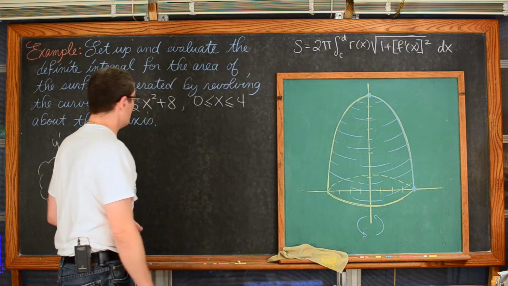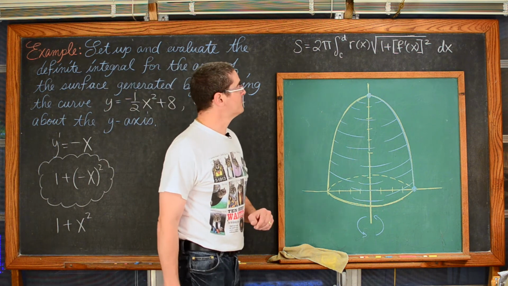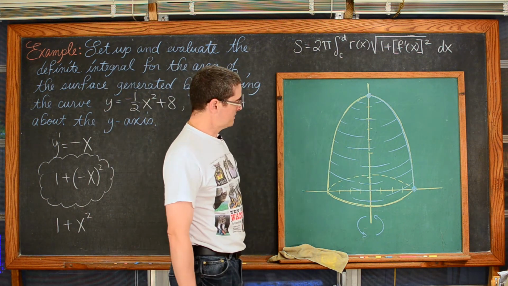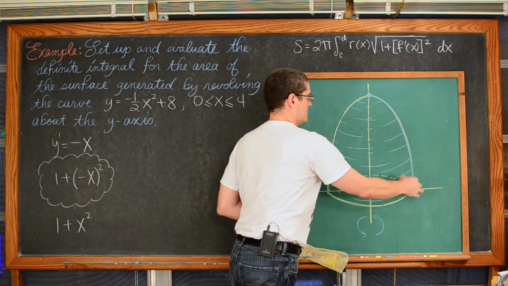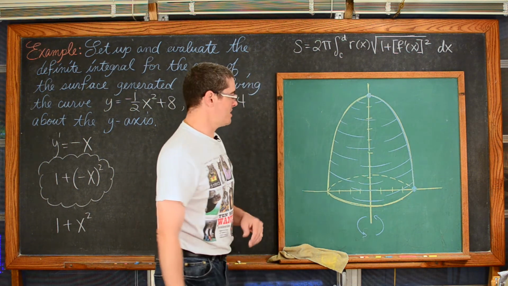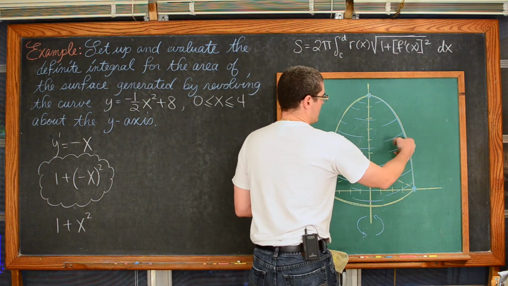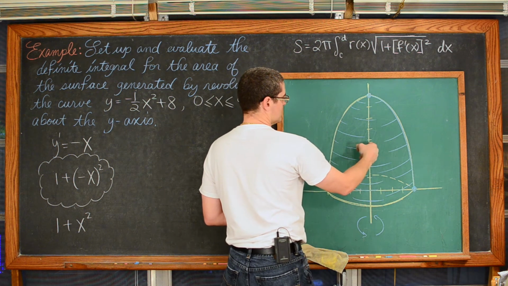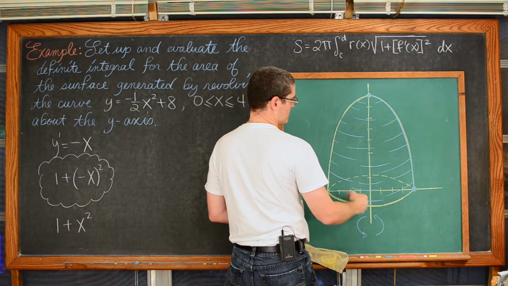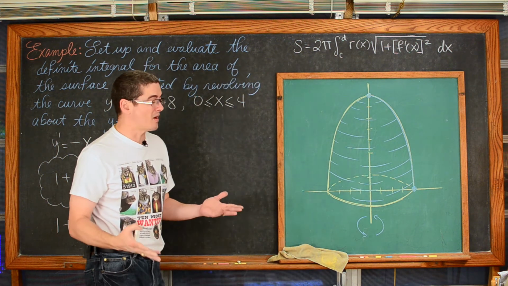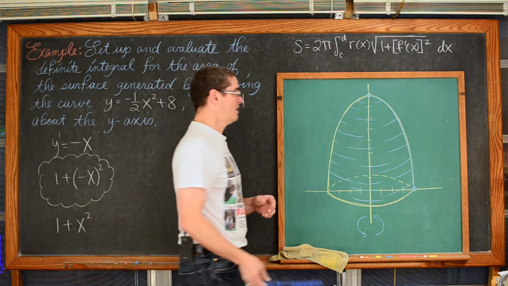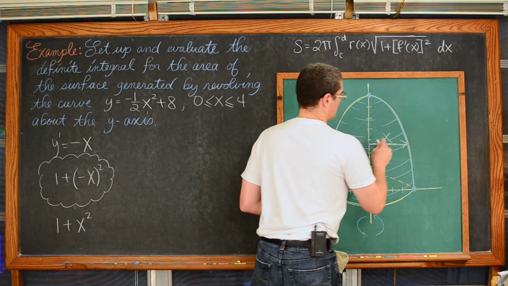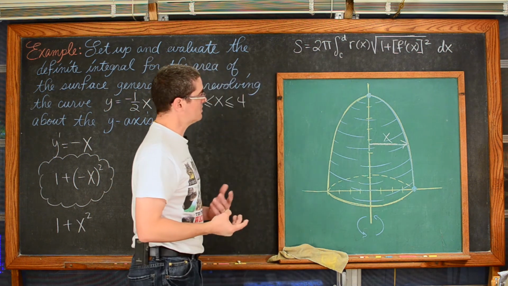So now I have my expression that I can plug into my square root symbol there. This is my 1 plus f prime of x squared. Now I need an expression that describes the radius: how far is this curve away from my axis of rotation? Well, that's going to be the x that is defined by that curve minus the x that we have from the axis of rotation. And since my axis of rotation is the y-axis, that's x equals 0. So my radius is just simply x.